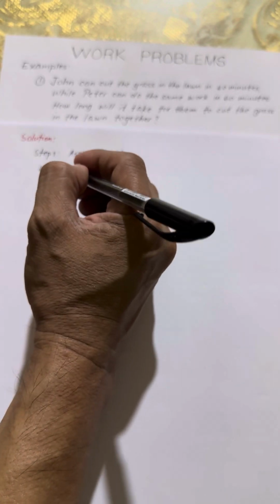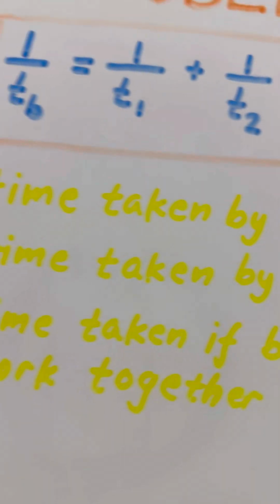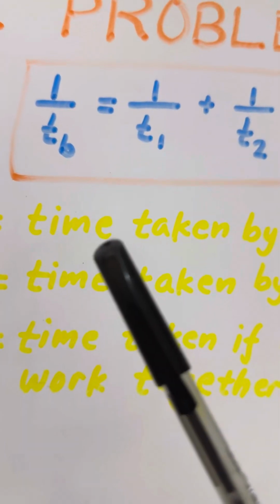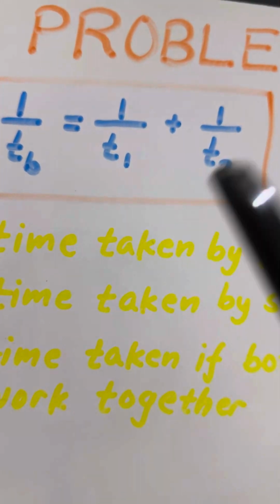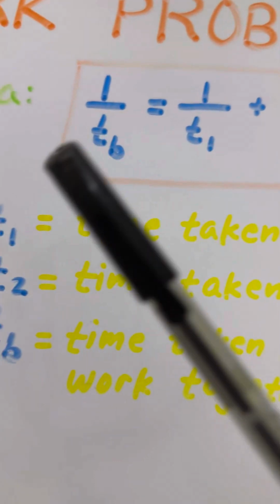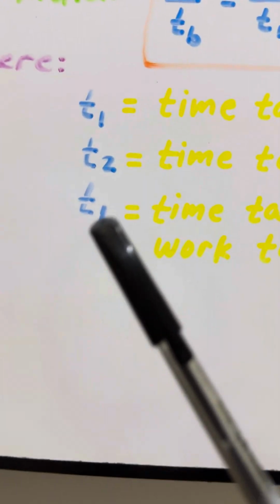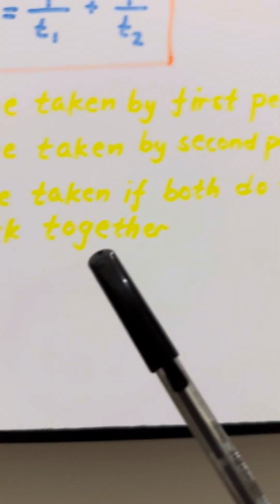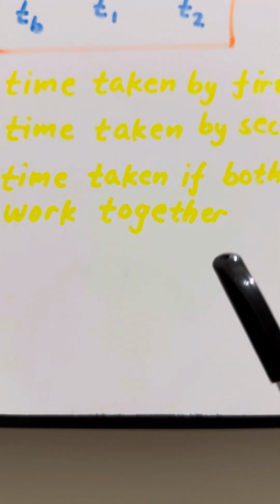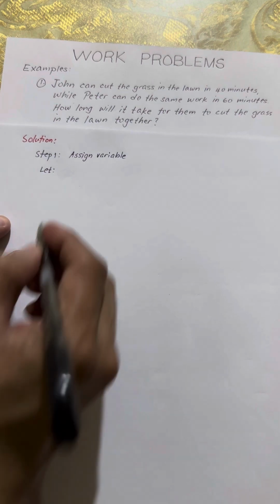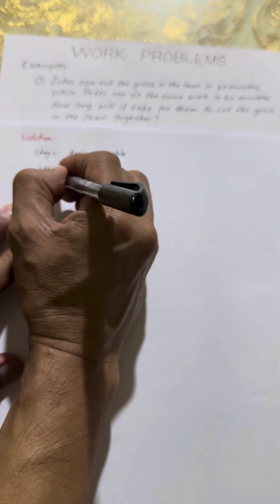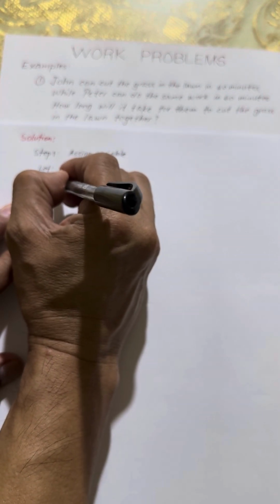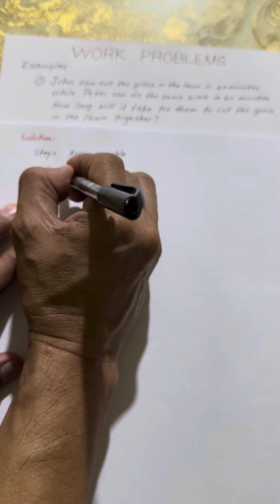But to be consistent with our formula, we have 1 over t sub b equal to 1 over t sub 1 plus 1 over t sub 2. We know that t sub b is the time taken if both do the work together. So we can use that variable also. Let t, where the subscript b means both,